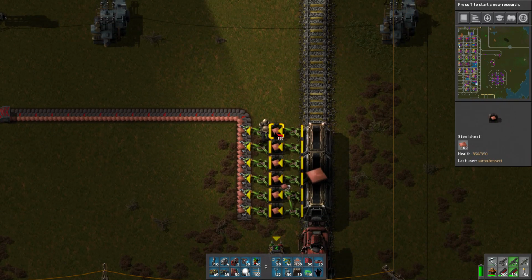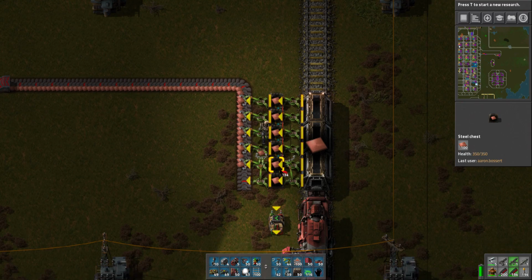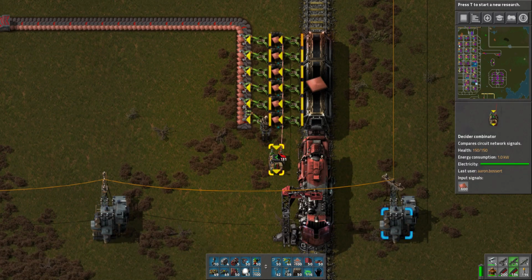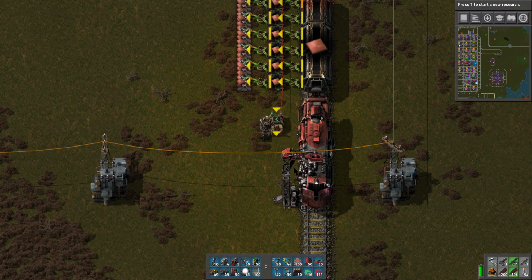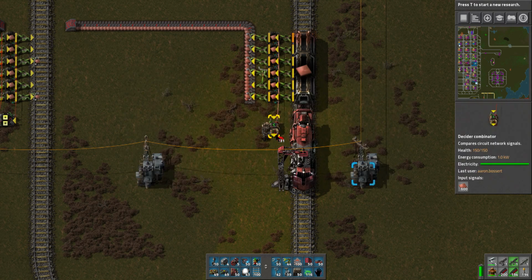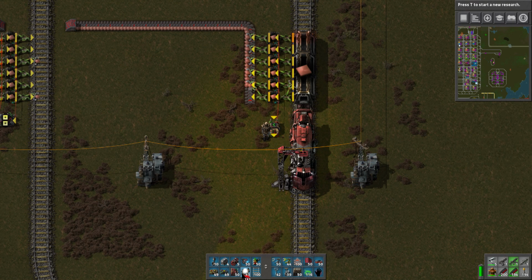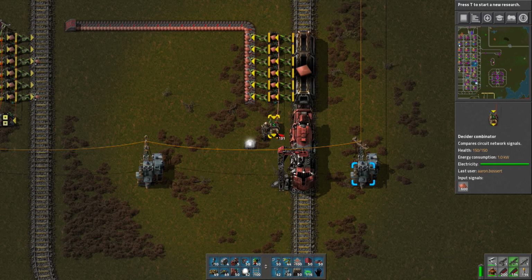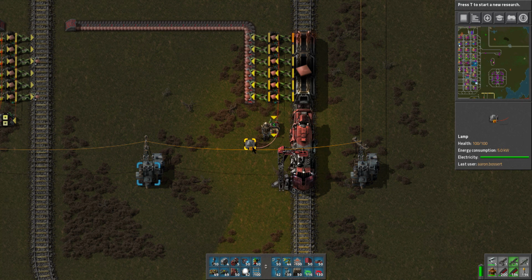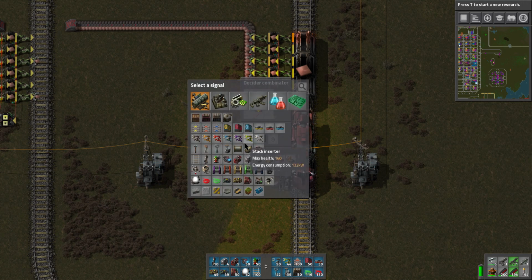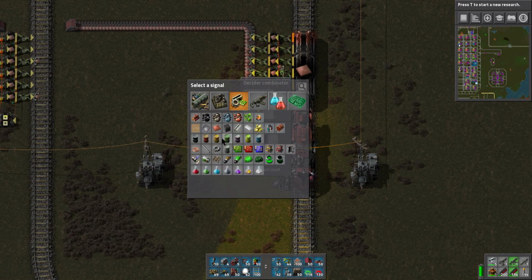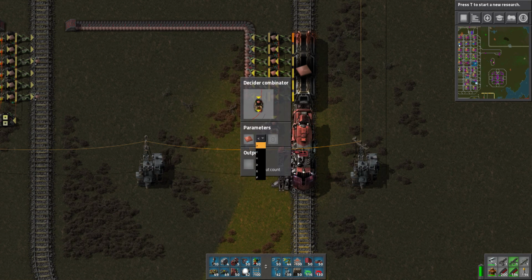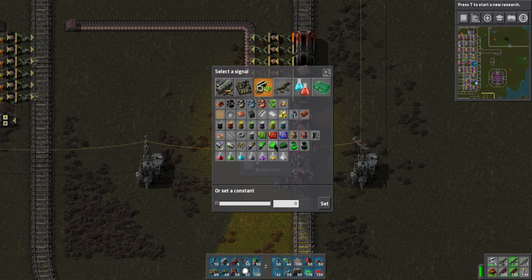We will connect all these chests, and this is going to tell us the total amount of product that's been dumped, or that's contained inside those chests. I also like to use lights for debugging, so we'll connect the output to this light. And we'll say once our product has reached, let's say 600 just for this example, you can set this to whatever you want, greater than or equal to 600,